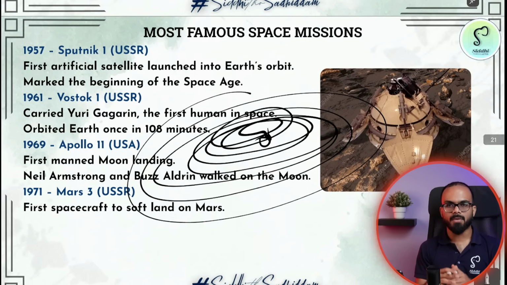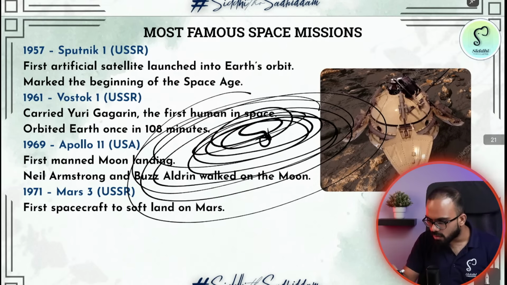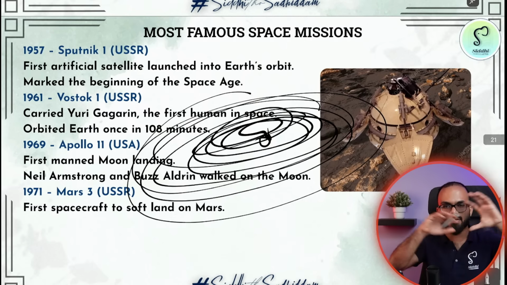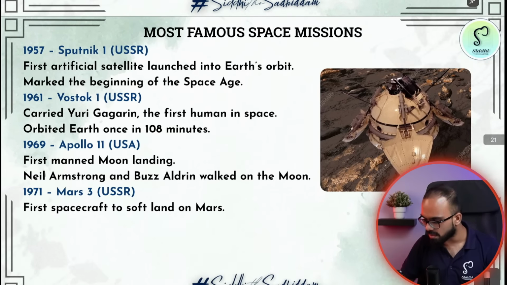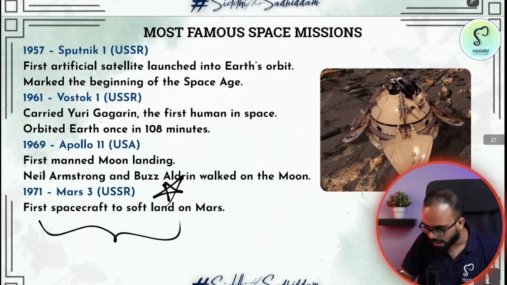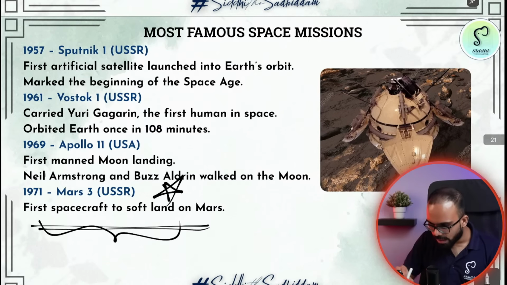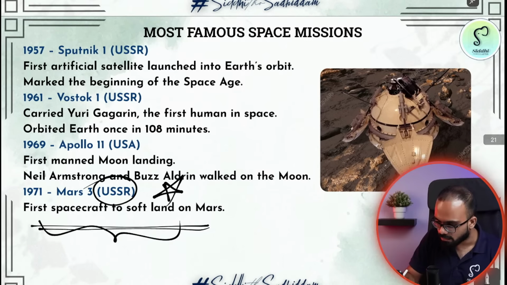Now the problem with Mars is you cannot land on Mars directly. Sorry, you cannot rotate like this around Mars and land. Mars has a very thin atmosphere, so landing on the Martian atmosphere is difficult. Soft landing on Mars is a very great feat. India also did this. India did a Mars mission, but the first Mars mission of the world was done by USSR